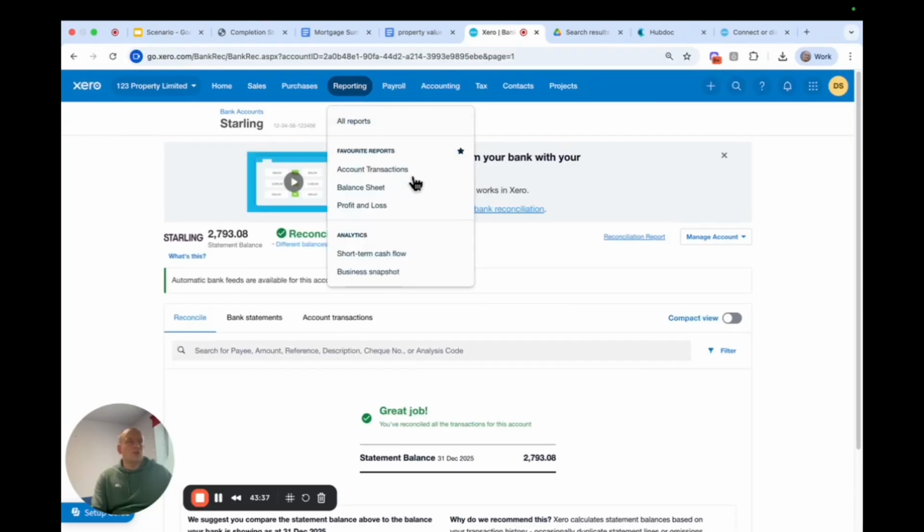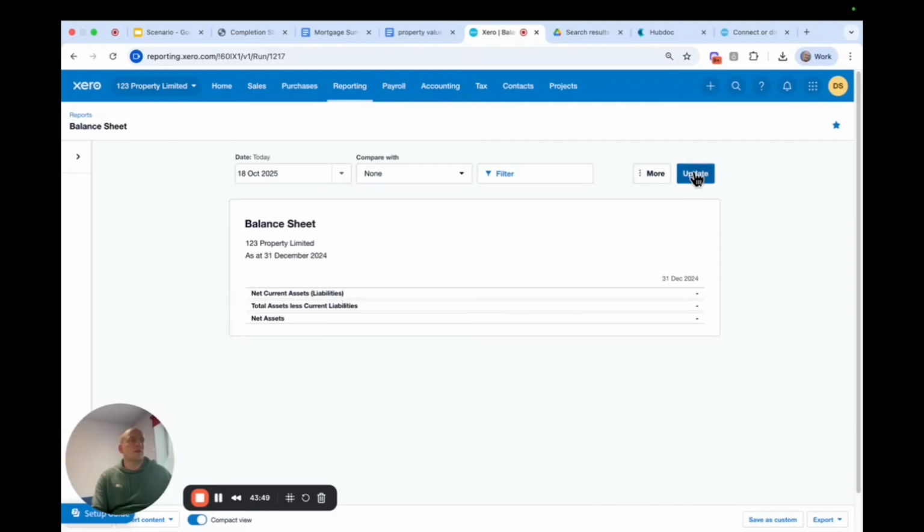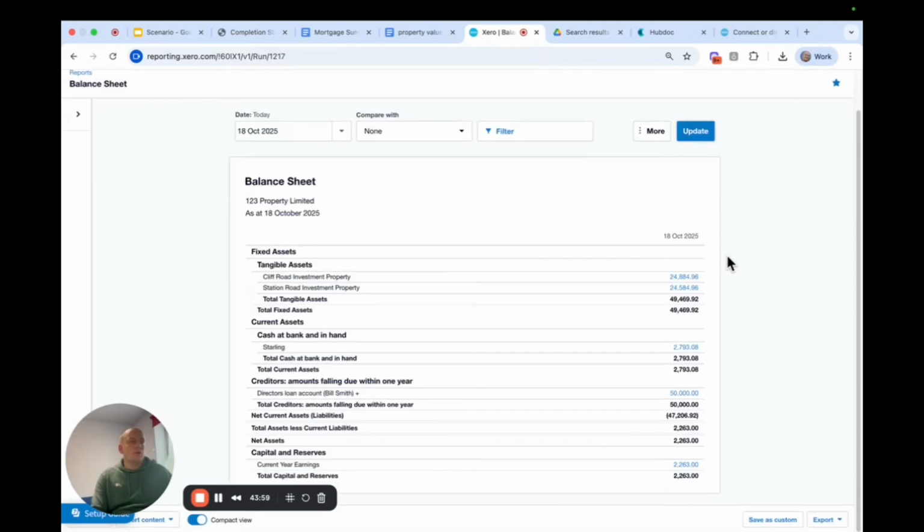Click into reporting, balance sheet. Okay, we're going to click to today's date. What we can see is 2 property purchases have gone through, but clearly that's how much we've spent on them. So we've paid for the deposit, but that's not how much the property is worth. So the purchase price for that property hasn't been taken into consideration because it's only worked off the actual payment